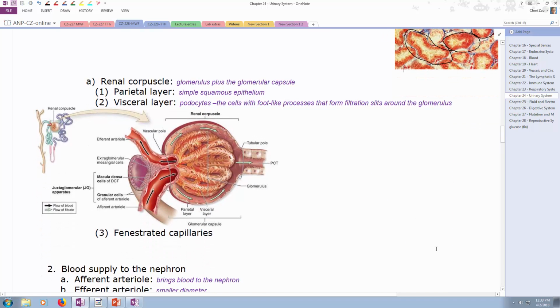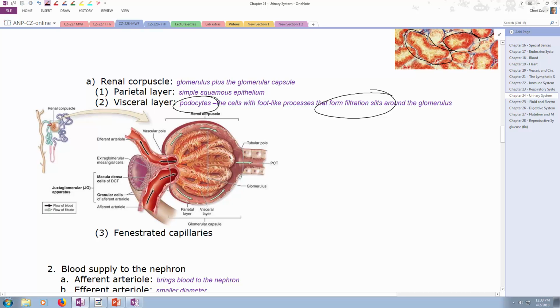Going down to the renal corpuscle, glomerulus plus glomerular capsule, parietal layer, simple squamous epithelium. You guys very nicely identify that. Visceral layer. Interesting, we call those cells podocytes. Podiatrists, foot doctors, podocytes. These are cells that have feet. And these feet are going to form filtration slits